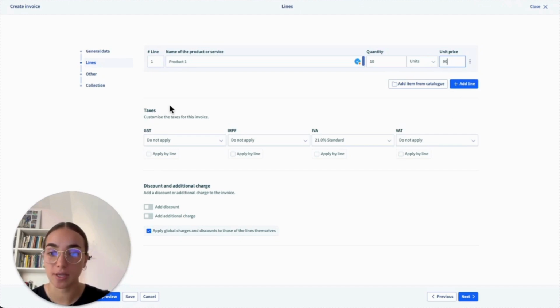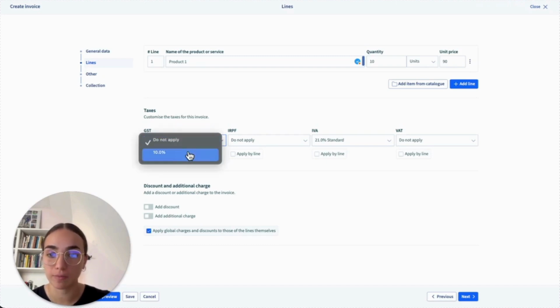In the Taxes area, you can select the taxes you want to apply on the invoice. You'll find available the ones that you have created when you set up your company. Open the drop-down of the tax that you want to apply and select the percentage that you want. At the bottom of the page, you can activate the tabs Add Discount or Add Additional Charge to add this